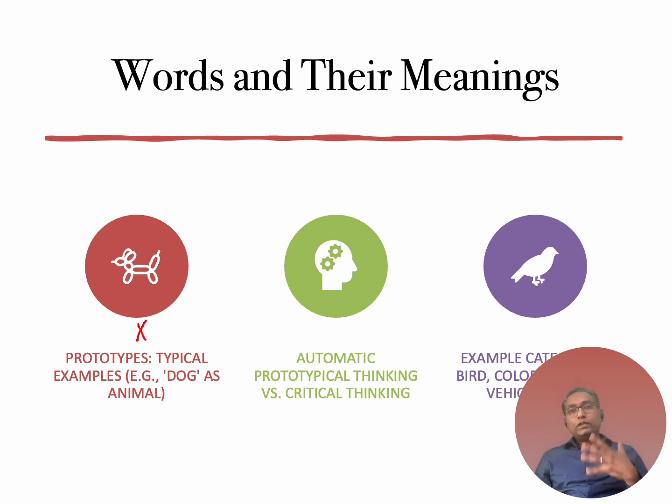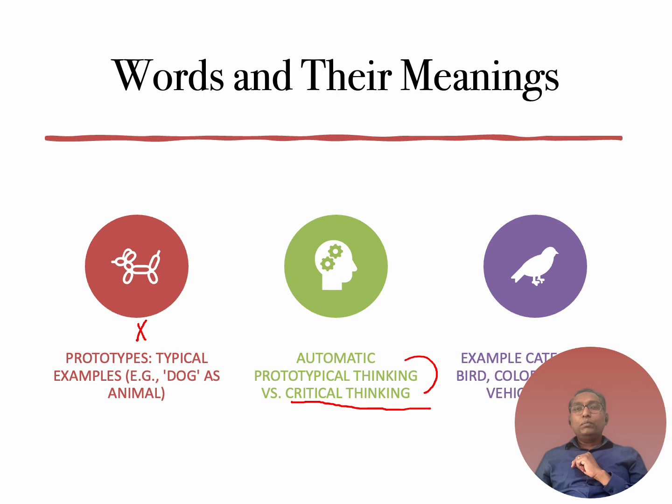Okay. So this is called prototypical thinking, or thinking through typical examples in a culture. And it changes from culture to culture, right? And if we are not careful, we might be stereotyping. So prototypical thinking is automatic, system one thinking. Remember that? It comes automatically to you. What you have to do is to pause, think through, use system two thinking. That makes your thinking critical.